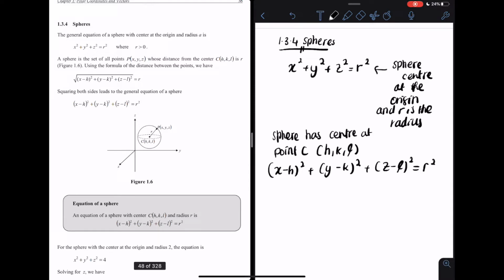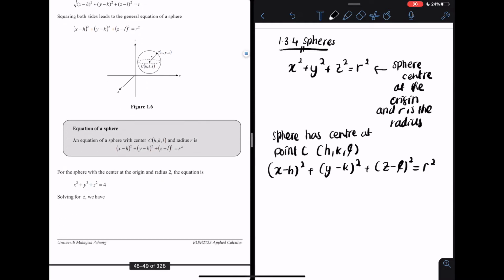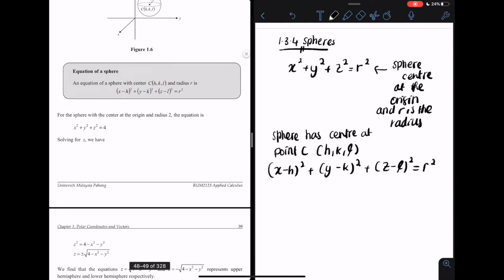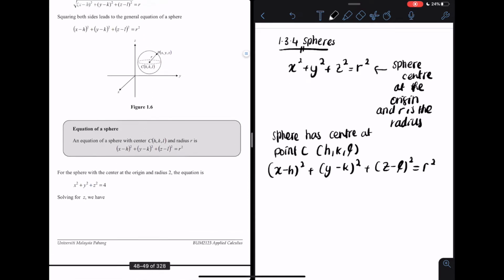So this is the standard form of an equation that represents a sphere centered at point H, K, L and having r as the radius. So let's take a look at the example